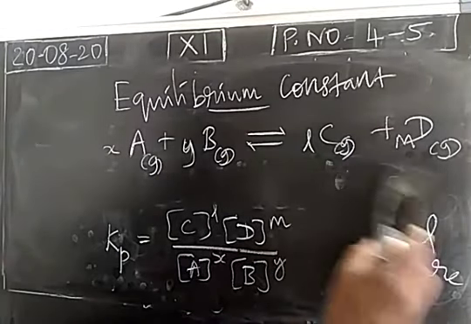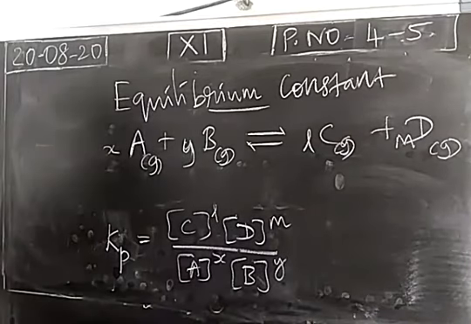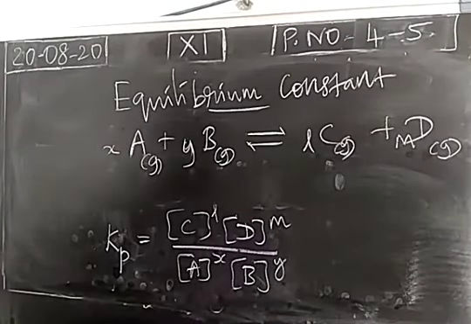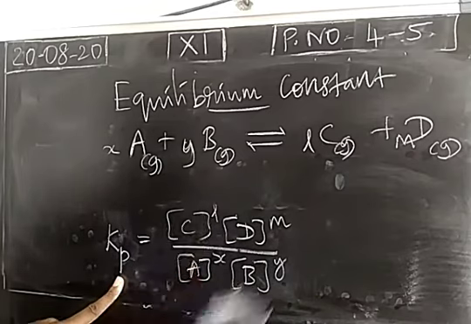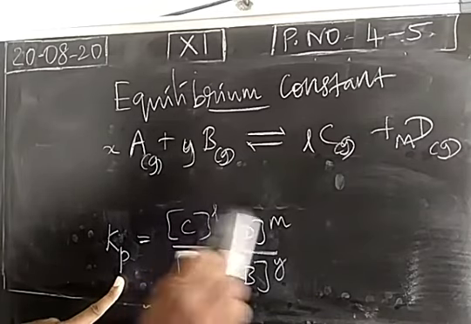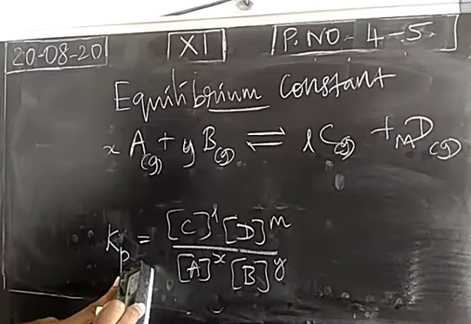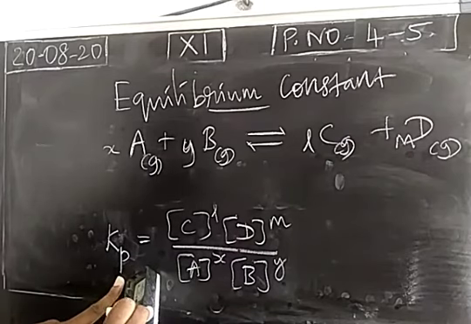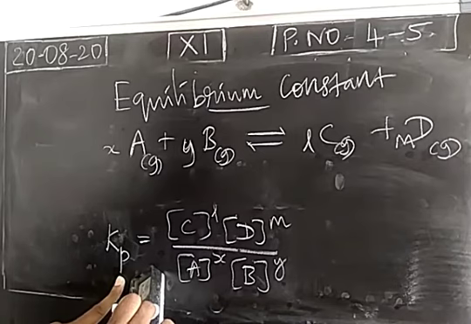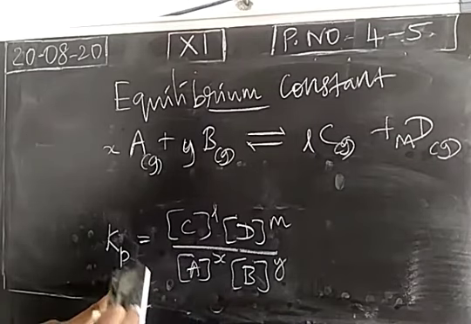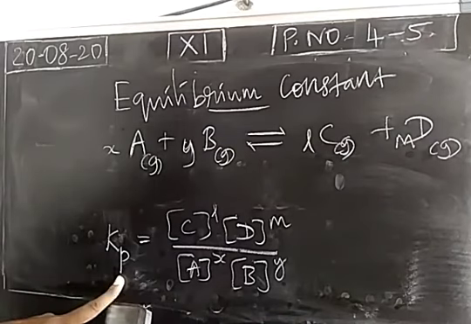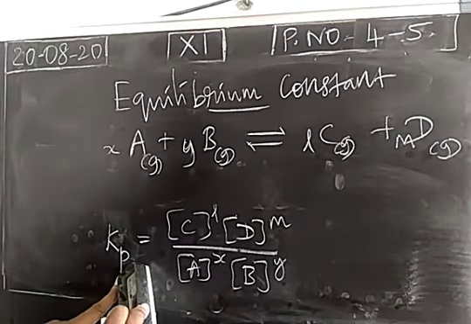Okay. So when the equilibrium reaction is in the gaseous phase, we have to express the equilibrium constant in terms of partial pressure. These are all concentration terms, so we have to omit them. Concentration terms means this will be Kc. Why is the equilibrium constant denoted as Kc? Because it is represented in terms of concentration. Now for a gaseous phase reaction, this is expressed in terms of partial pressure.